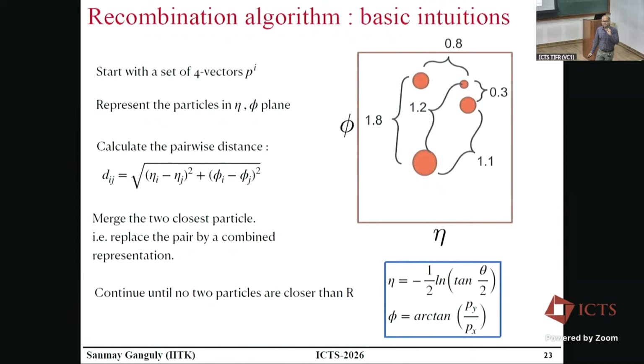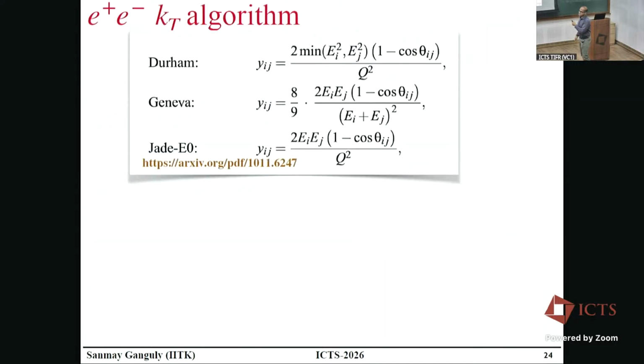Now on top of that, if you infuse some QCD knowledge, you know that the parton branching probability has this Sudakov double log structure. So it's not only in angular space that two partons which are close to each other are likely to come from a single parton. It's also that if there is another small energy splitting from the mother parton, you also want to combine it with the original mother parton. So how do you inject this information in the distance parameter so that you club them together? That's the QCD improved way of designing a distance parameter. And this is the structure which is injected here.